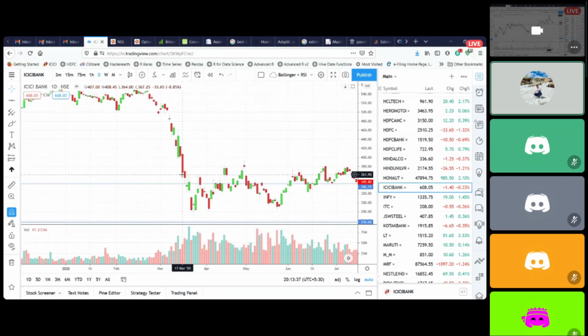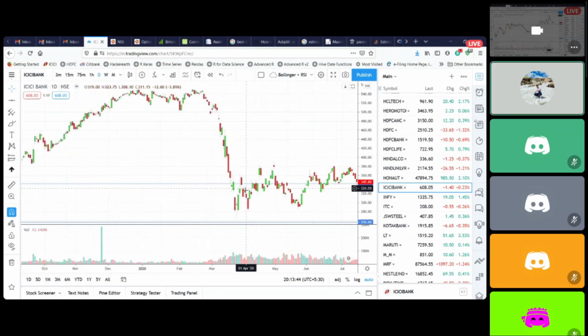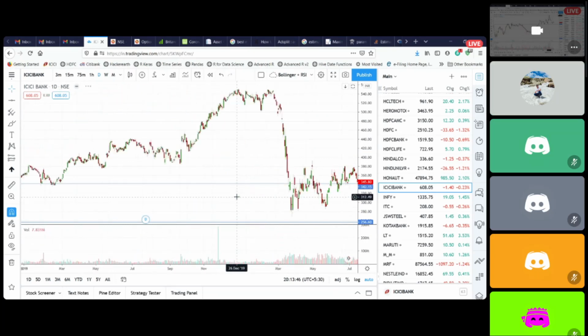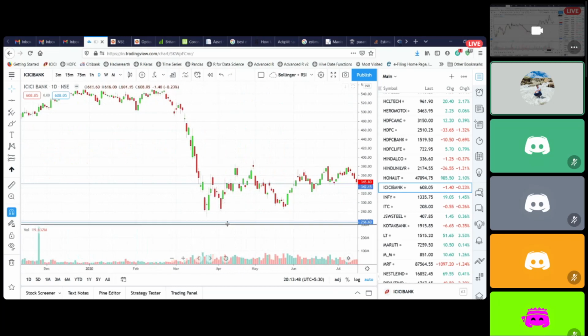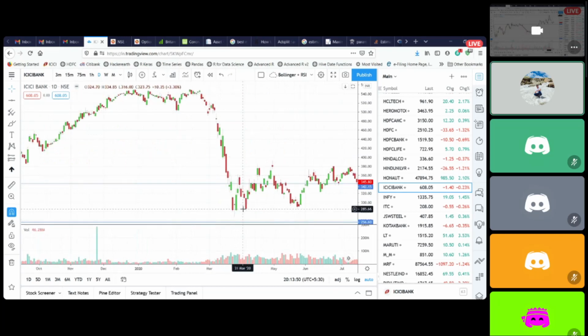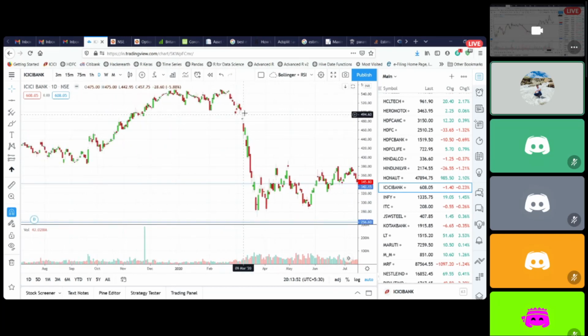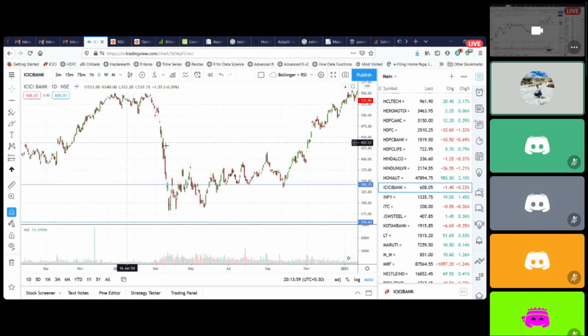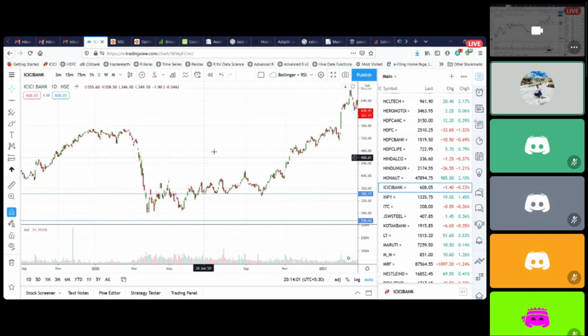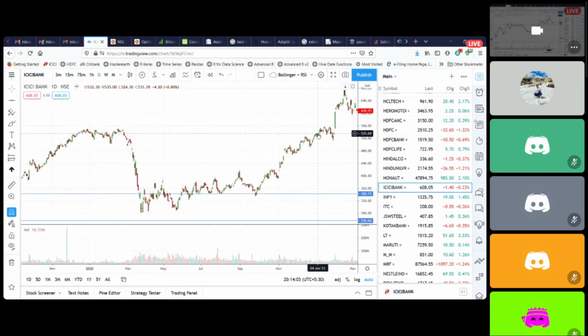So the moment it enters this zone and then you see these green candles, this is where you can enter ICICI at 315. This is within the zone, long-term support. And since this was a straight fall, there wasn't really any immediate resistance in ICICI till, I would say, 520 itself. So 520 to 550, that was the direct resistance zone only. And it hit that. It hit the zone in December, January time from here.